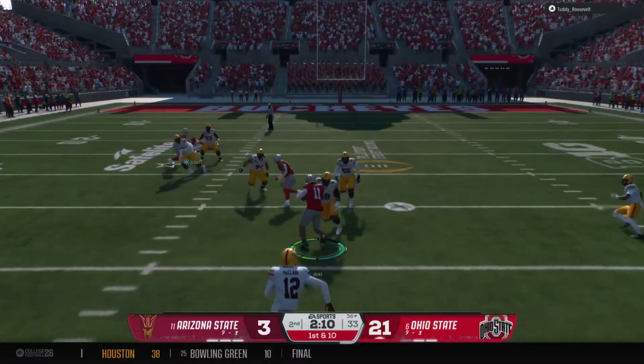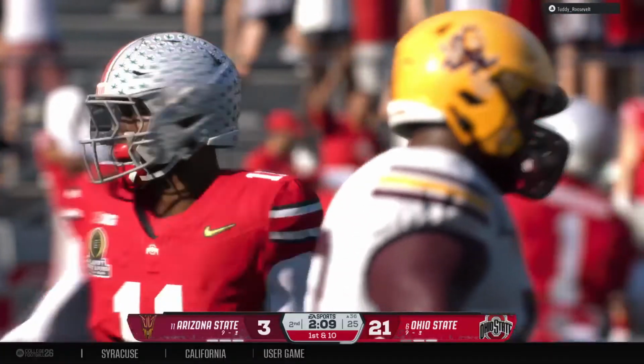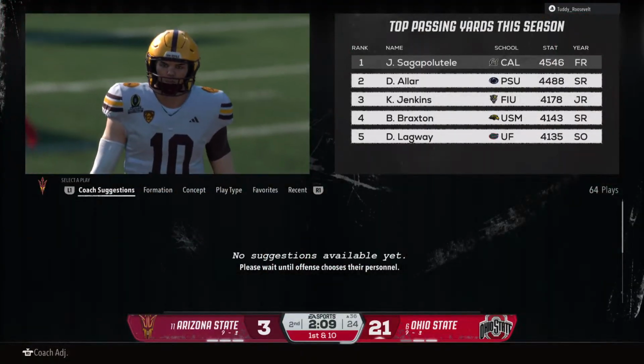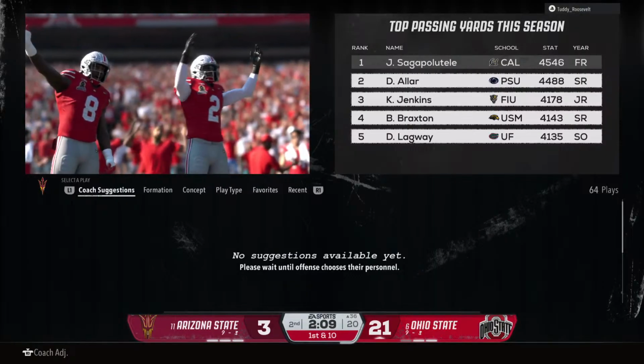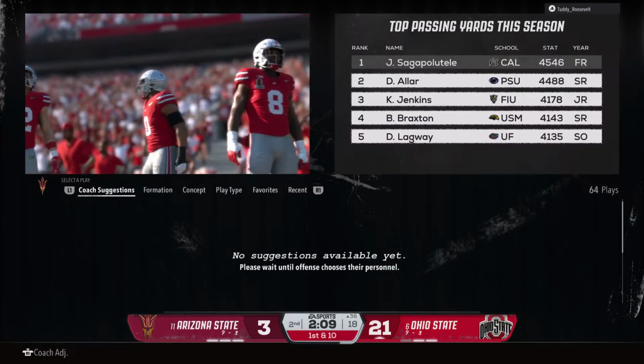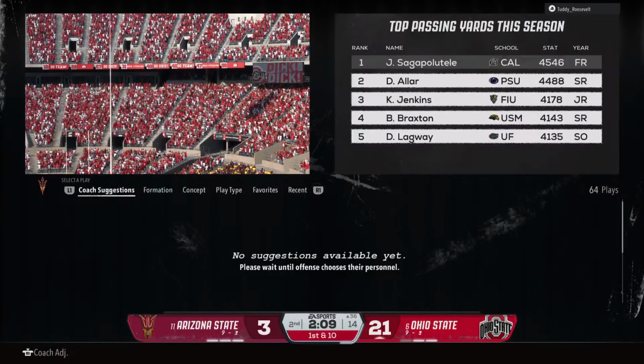The ball is picked off. They get him down after a short return, but the interception gets the football back to the offense at the 36. Boy, we're just here in this first half, and this defense is all over it. That's their second interception. Good job of pressuring the quarterback, making him uncomfortable, and forcing the ball into coverage.